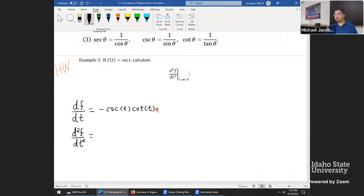Or what kind of rule do we just have to use? Product rule? Exactly. We don't have any recourse. This one has to be product rule, only because of the multiplication right here. But it's simplified in a way so that this is the better form to work with if you need the second derivative. So I'll think of this as the first function,